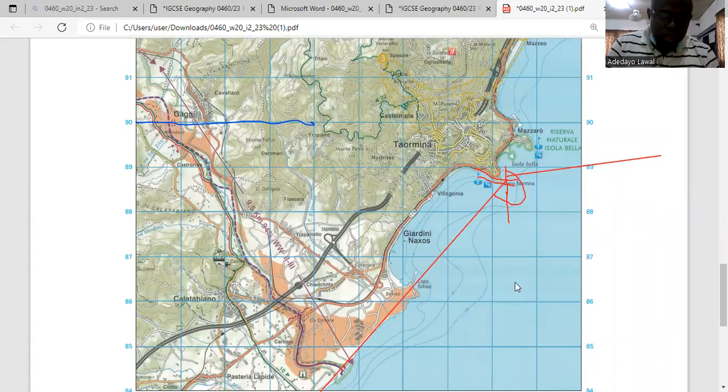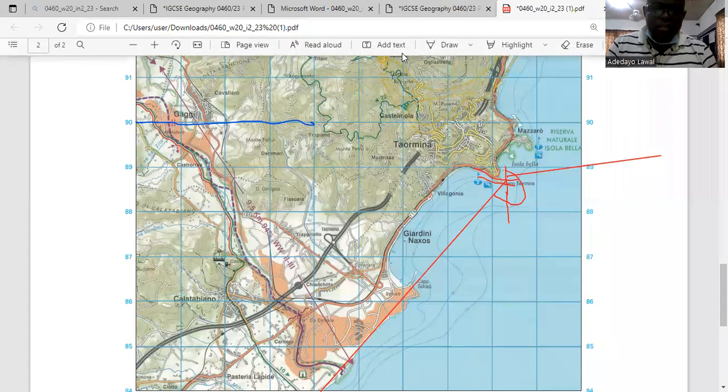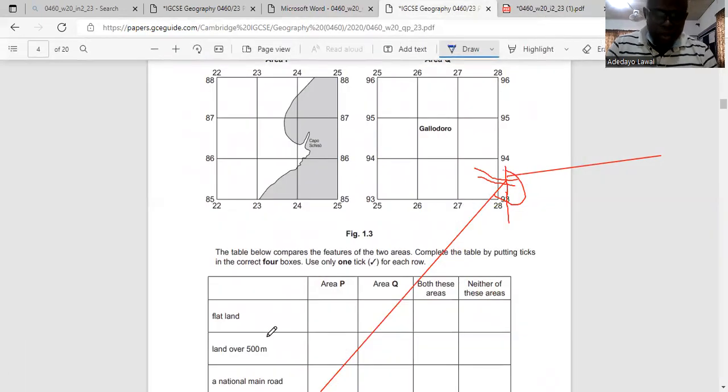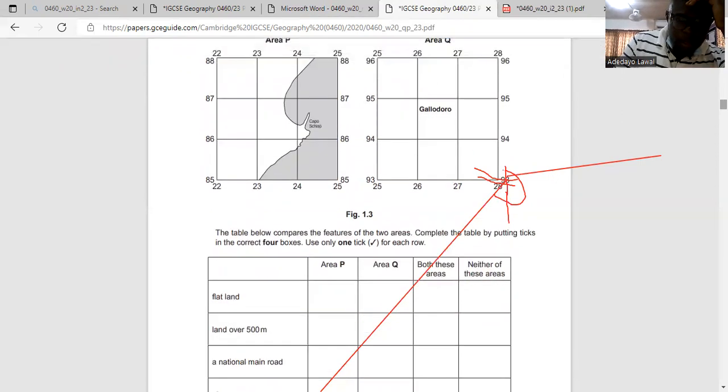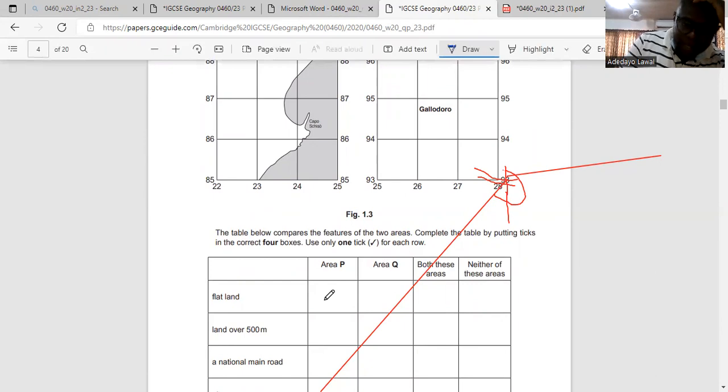Then you look closely, and if you look at the question, one is area P, the other is area Q. So are there flat lands there? You look for anything less than 300 meters and check if it's there. I know because of time, I won't be doing that. Land over 500 meters, if it is anything more than 500 meters between this area and this area, a national main road, and all of that. So if you check,